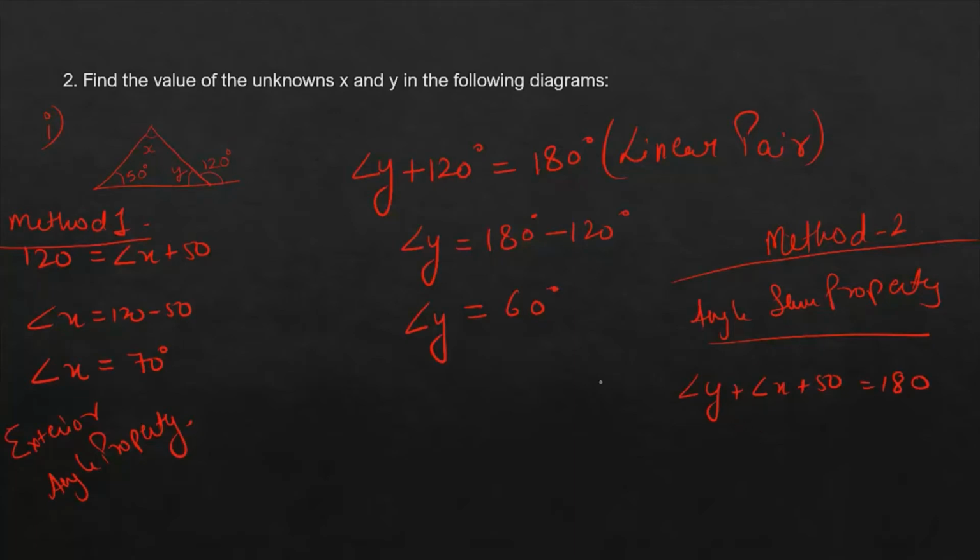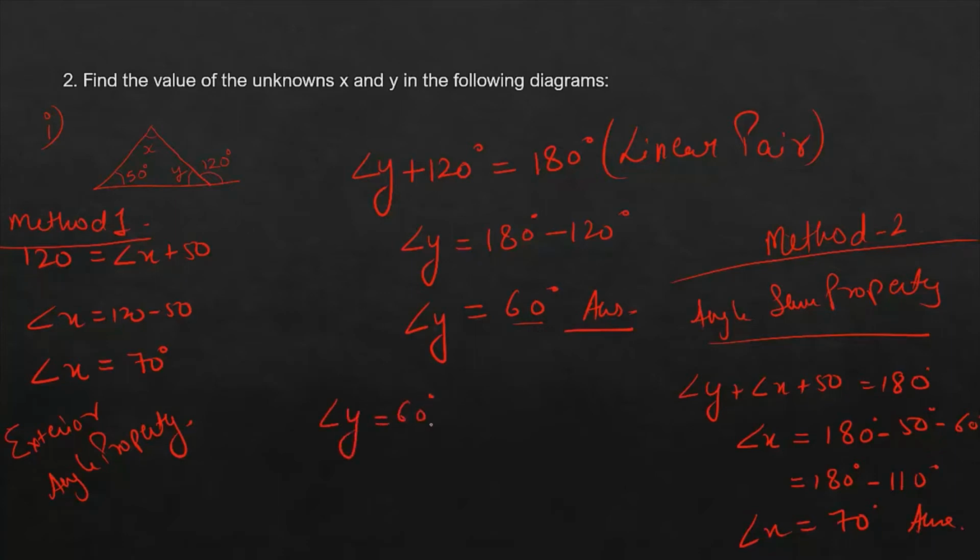triangle. Angle y की वैल्यू कितनी है हमारे पास 60 degrees and हमारे पास 50 already given था, तो angle x is equals to 180 degrees minus 50 minus 60. 180 degrees minus 110 degrees, which is equals to 70 degrees. Angle x is equals to 70 degrees. So दोनों ही मेथड से आंसर हमारे पास सेम ही आएगा. You can use any method. Okay. So angle y is equals to 60 degrees and angle x is equals to 70 degrees. This is the final answer.